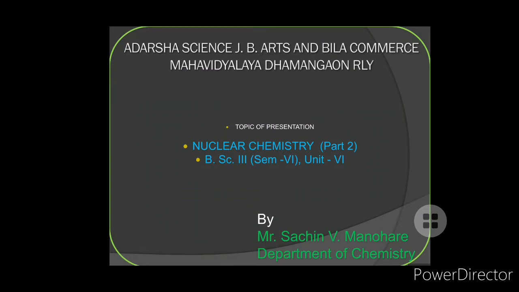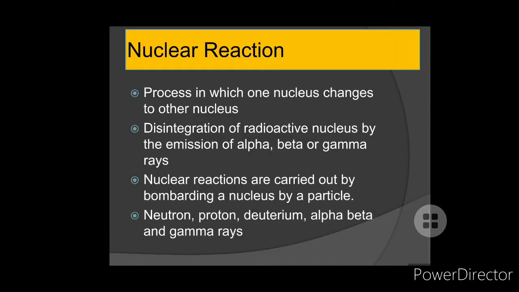In this tutorial we are going to discuss nuclear reactions. We know the chemical reactions. In chemical reactions, the extra nuclear part, meaning electrons, rearranges to form the product, or the rearrangement of the atoms of the molecules takes place during the chemical reaction.